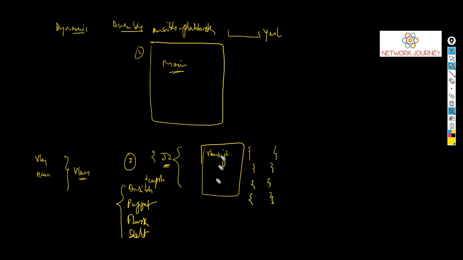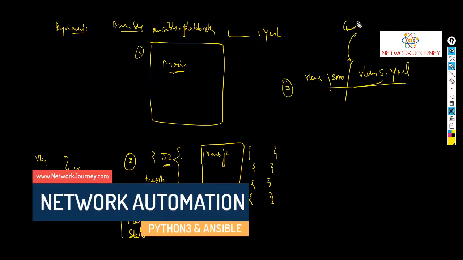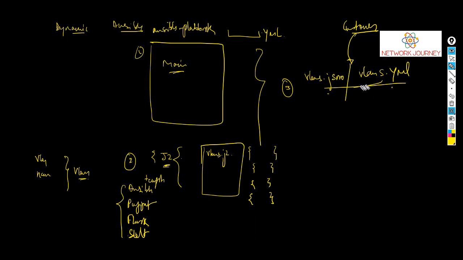So basically this template depends on an external file, which is my file number 3, which can be either a JSON model or a YML model, because this can come from your customer. Maybe your customer is sending you a JSON or a YML. He's giving you the input: what VLANs he needs, and what the names of those VLANs are going to be, right? So let's say that's coming from your customer. So this particular template is going to have this variable.